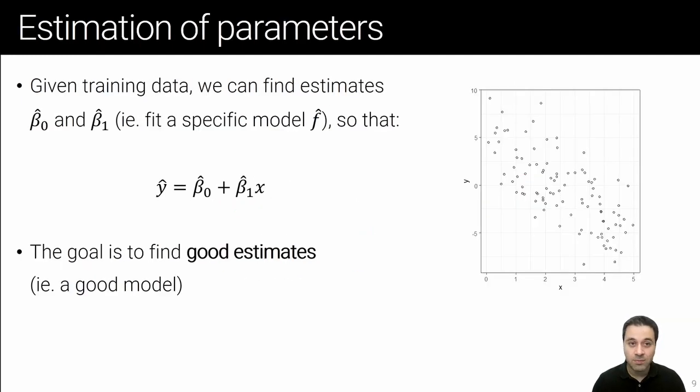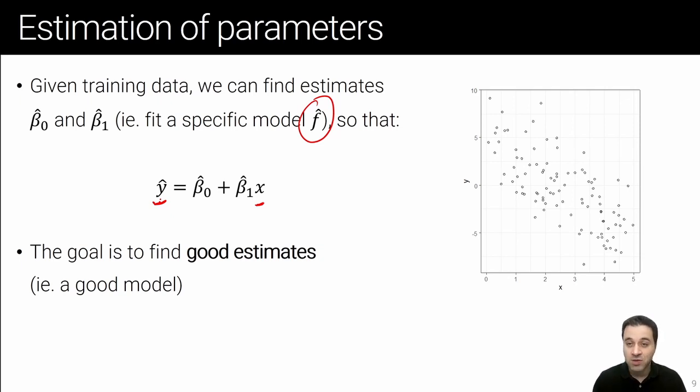The whole point is we have a set of observations, a training set, and we need to build a model around those two variables. Essentially, that means we need to find estimates of beta 0 and beta 1, that is, find a specific estimated model f hat. If we have those two coefficients, then we can make estimates or predictions about the response given some value x. We have a certain observation of x, we plug that into the equation,